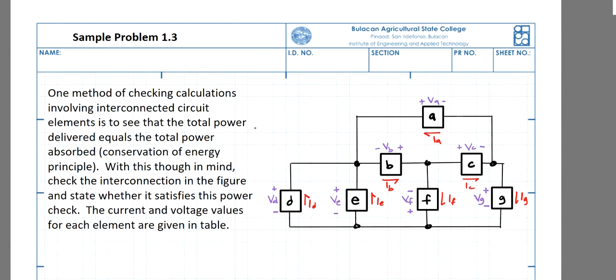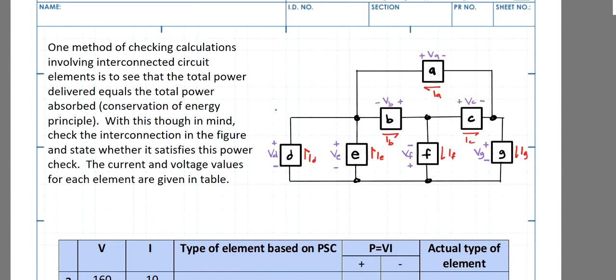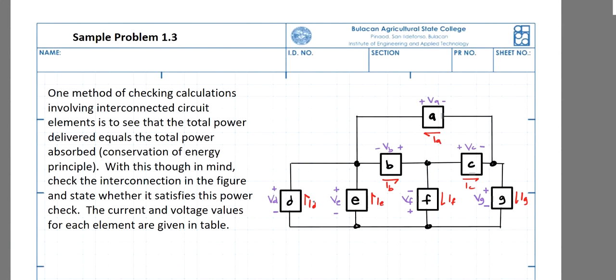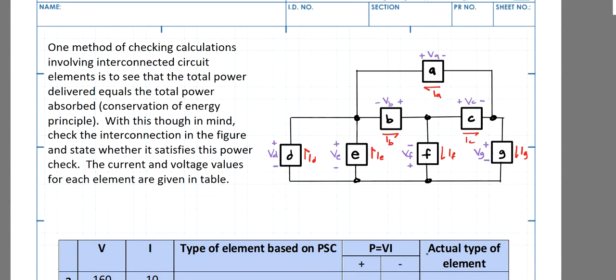Now we'll be doing some more simple problems regarding these electric circuits so that we can be familiar with it and somehow build our ease for this. In this circuit you can see that we have active elements and passive elements, right? Those active elements are the ones producing power, whereas those passive elements are the ones consuming the power. And therefore one way to check is